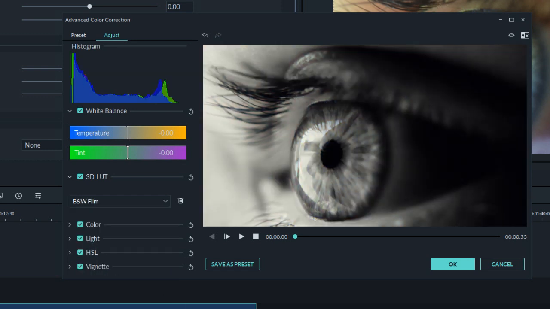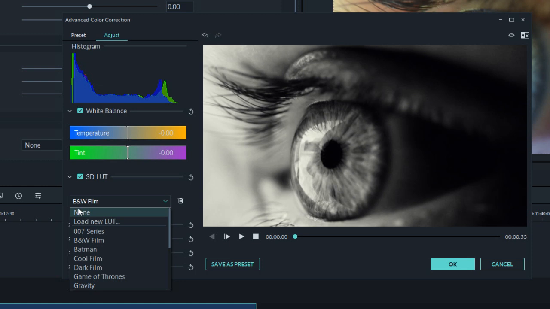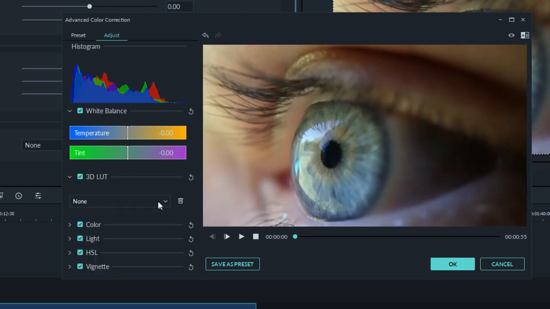Is it perfect? No. We can still tweak it. But it's one of those things that immediately changes it to something else. And if you're using this drop down, scroll back up and hit none, and it'll turn it off. Or you can just turn it off by clicking that green check mark. You've got to remember, in any one of these sections, these green check marks activate and deactivate that portion,